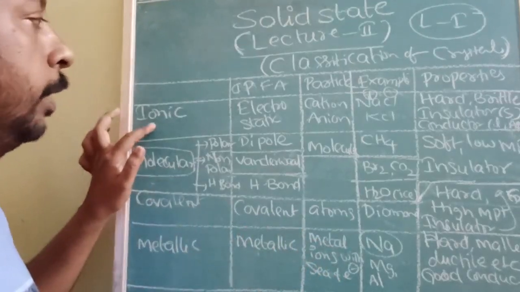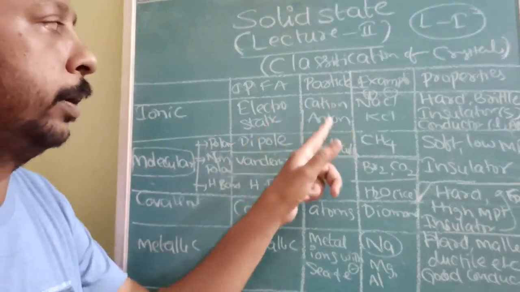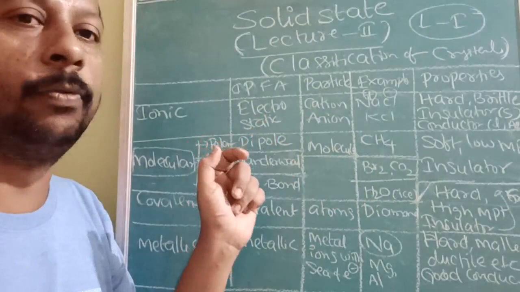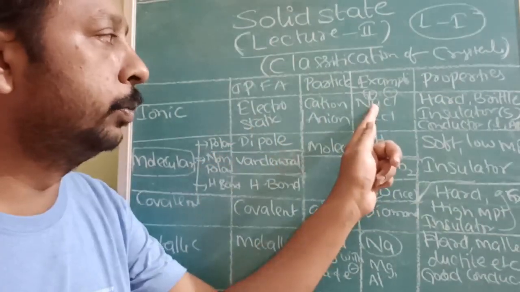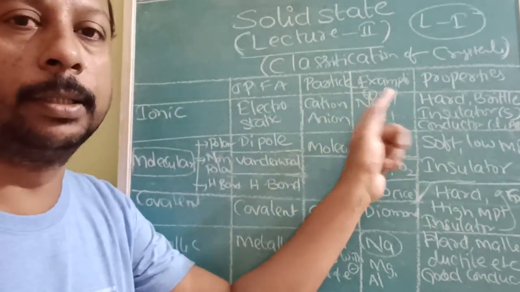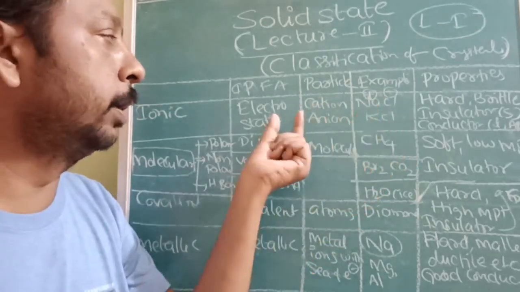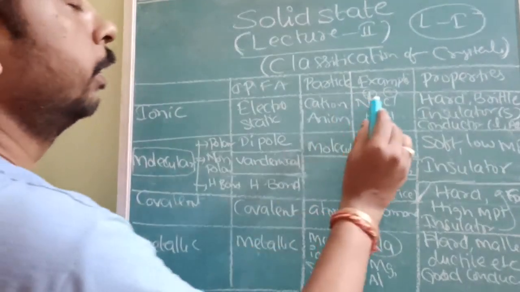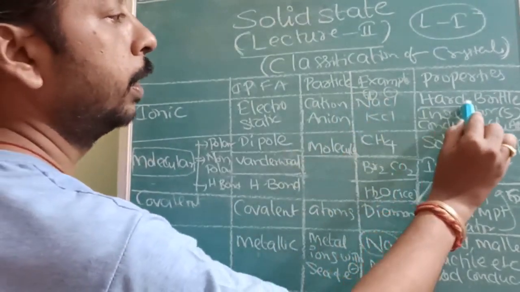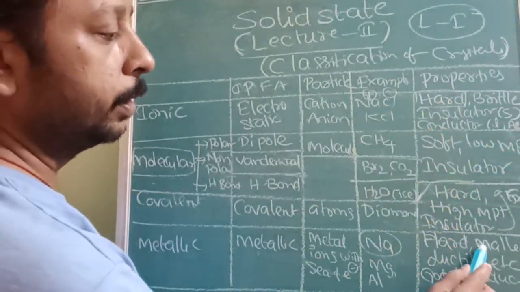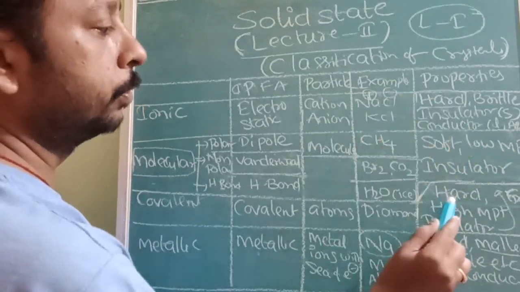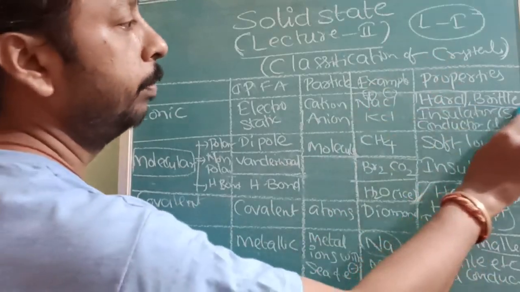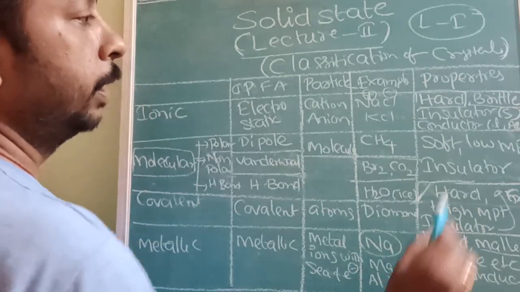Okay, first, ionic crystal. What do they contain? Cations and anions. Between the cation and anion, there will be an electrostatic force of attraction. For example, Na+ is a cation, Cl- is an anion. Between them is the electrostatic force, you can even say ionic bond. Okay, understood? Because of the strong force of attraction, they are hard. But the main problem is that when you apply pressure on them, they break up into powder. That's why they are brittle.